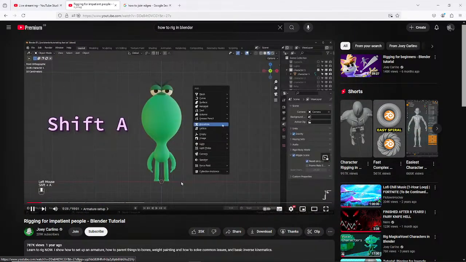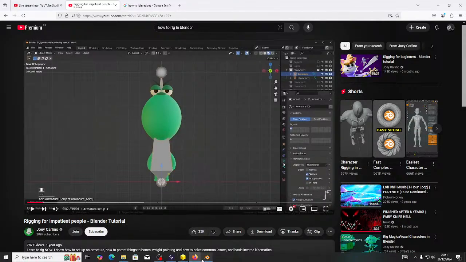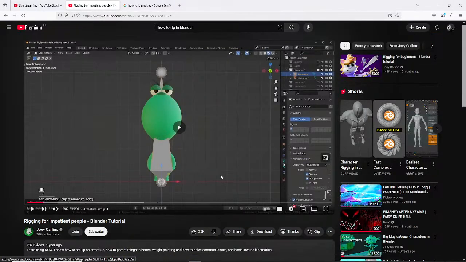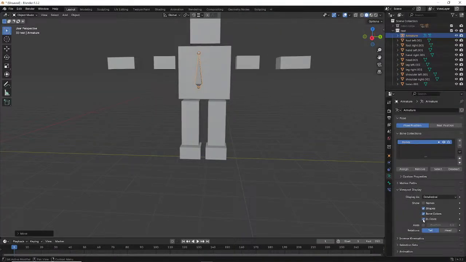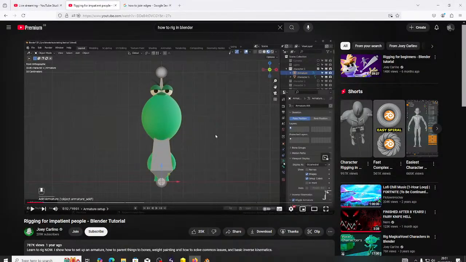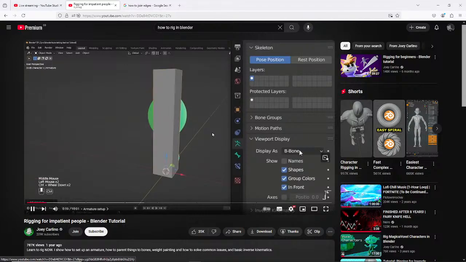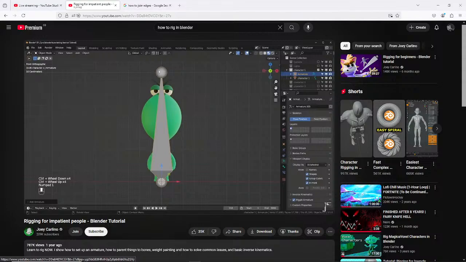Press Shift A to add an armature, and if you don't want your bones to be covered by the model, you can go to Object Data Properties, it looks like a little running person, and turn on In Front. This is also where you can change the shape of your bones and show the names and axes. Then just select the armature, tab into Edit Mode,